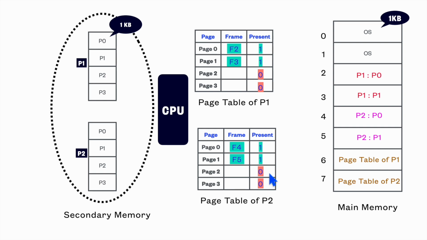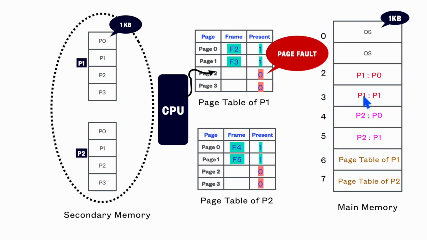Now think that the CPU has requested a part of the program which is present in page 2 and requires execution now. For executing this, it has to be loaded first, and currently it is not loaded, right? It is currently not loaded, and the present bit is 0 for this. So in this scenario, a trap will be generated which says this page is not loaded into the main memory, which is called a page fault.